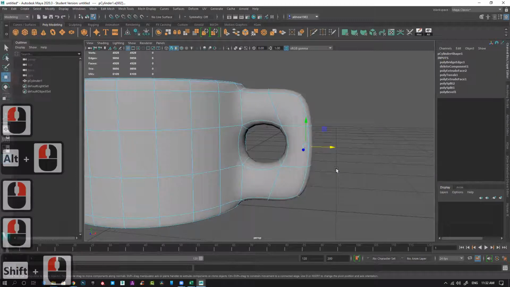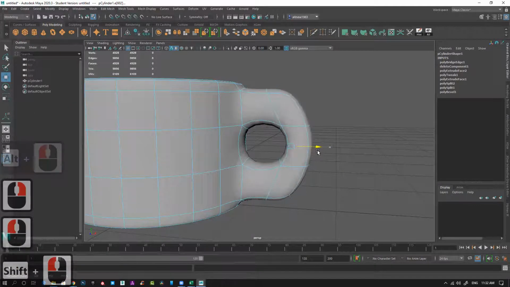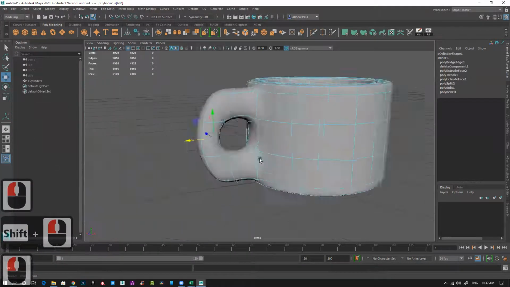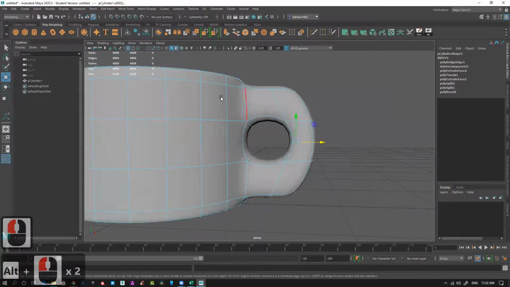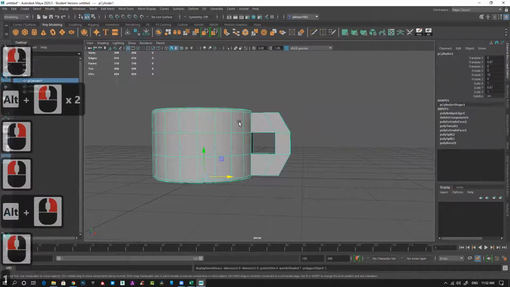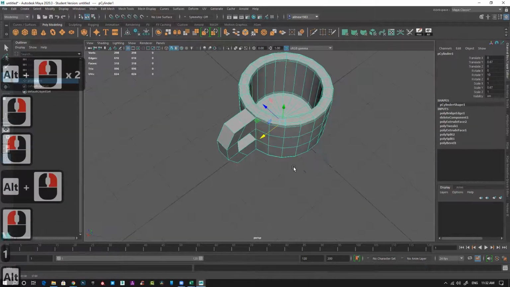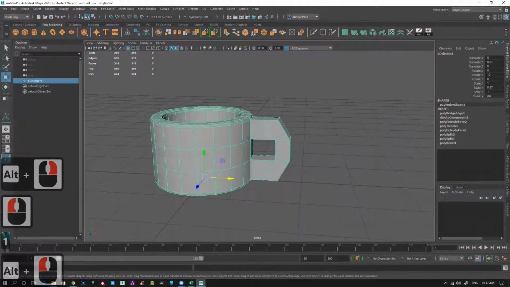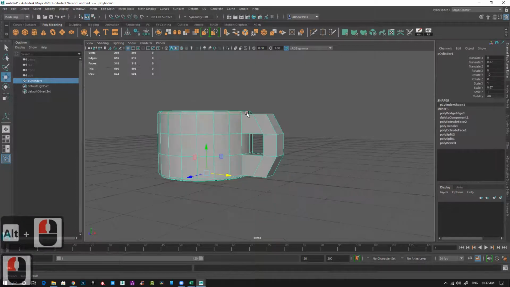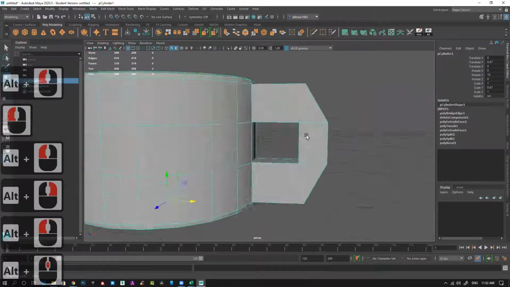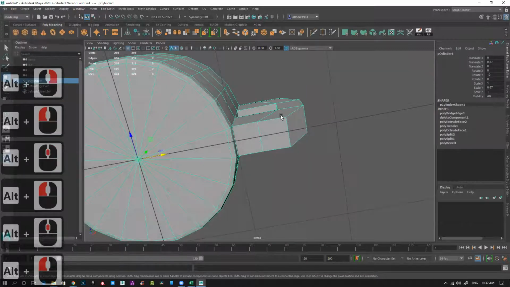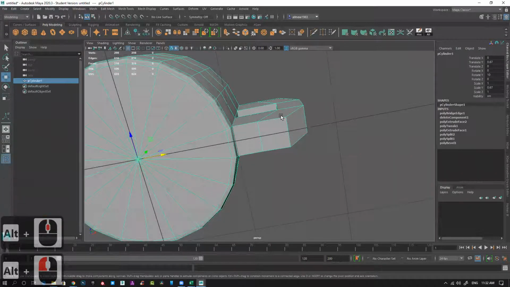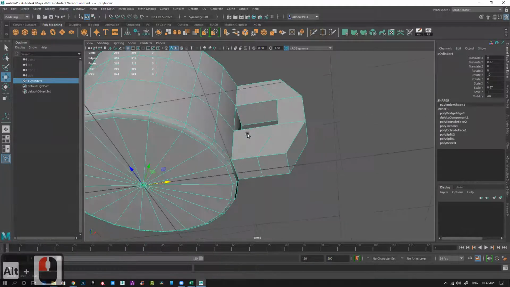This edge, this edge, push it inside, make it a bit curved, and press 1, and you can see this is how it looks. So it becomes quite easy to create any shape, and this is like basic poly modeling, what we do in Max or Maya or anywhere, basic poly modeling. So try this thing out.